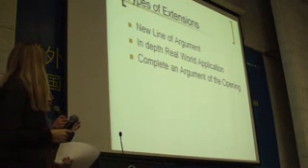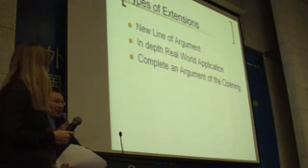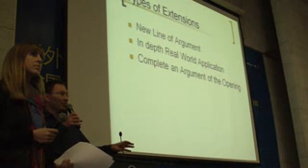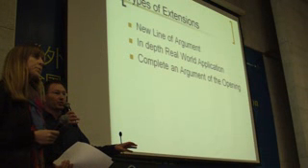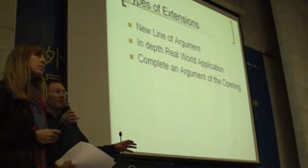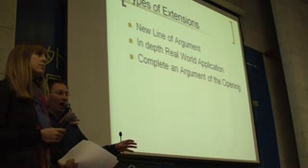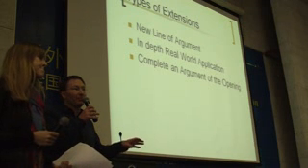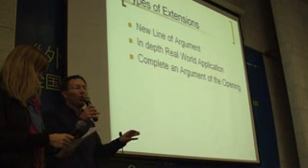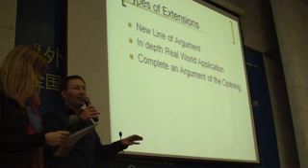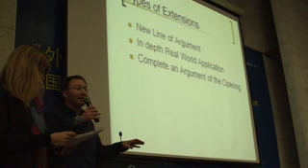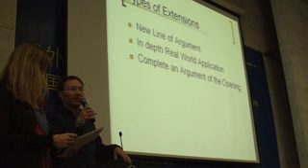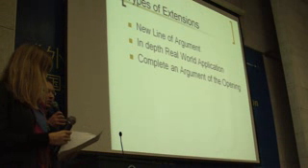And to some extent, that's what the third bullet is about when we say completing an argument of the opening. That's the idea that if in the first half they've given us this example and they say that historically we know that this is true because we've seen it on numerous occasions, the second half could come in and say, while we already know that it has happened in the past, I'm going to take this debate a step further by explaining to you why it has happened in that way, and therefore I will also be showing you why it's likely that the same outcomes will happen in the future if we apply this policy today. And so, as Jess said, you're working backwards.